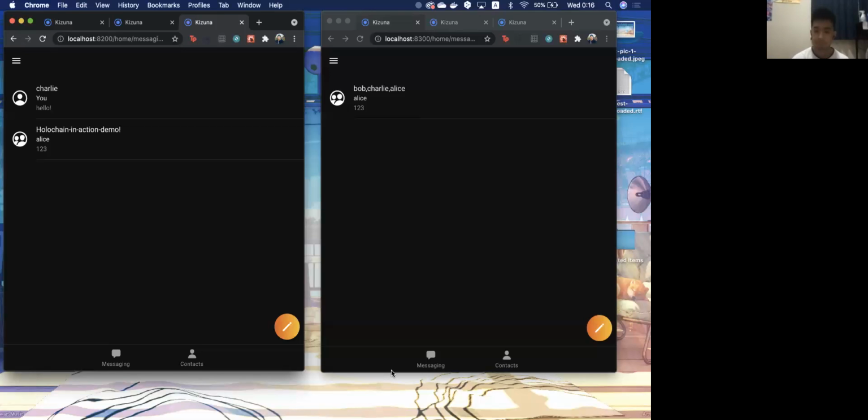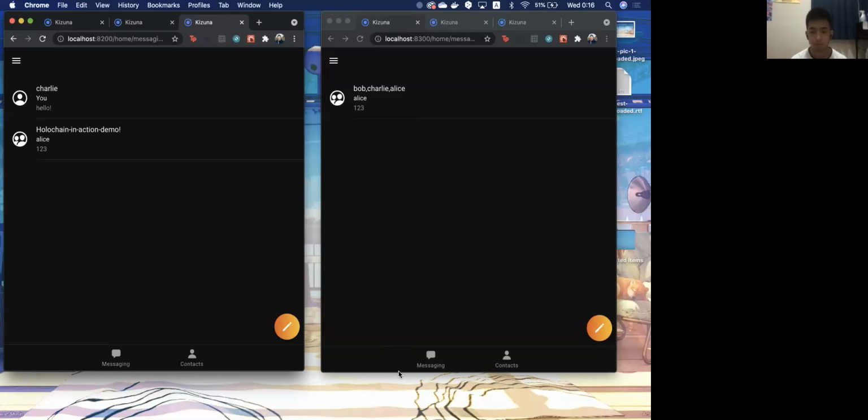For the people watching who are hearing about cloning DNA, a really short description: the DNA is a kind of access control on data. The agent who installed the DNA can access the data inside the DNA. So group messaging is a beautiful example for cloning.